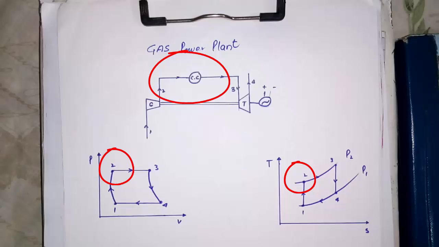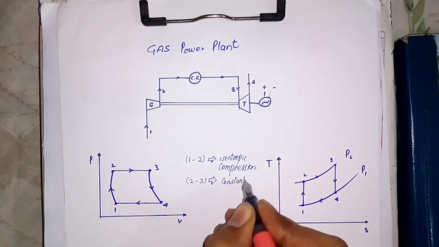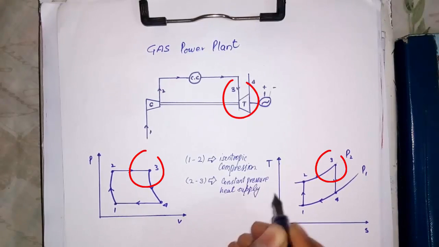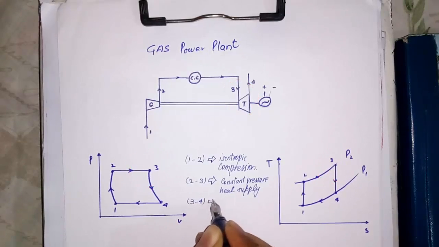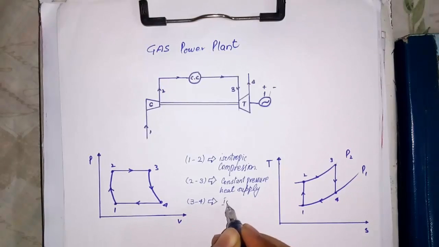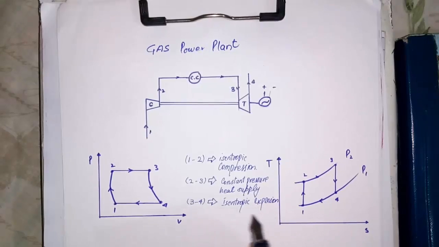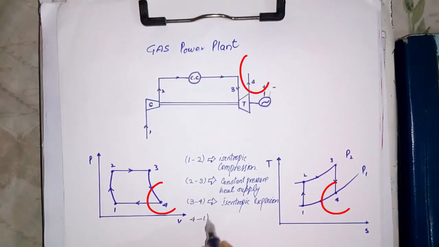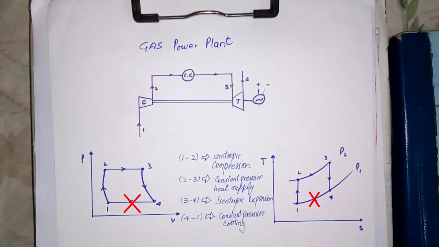At 2, the air enters the combustion chamber, where it is burnt with fuel and its temperature is raised. These high pressure and hot gases enter the turbine at point 3, where the energy of the hot and pressurized gas is used to rotate the turbine blades, which means now gaseous energy is converted into shaft power, and this power is used to produce electricity as the generator is connected to the gas turbine. So in the turbine, the gases are isentropically expanded. At point 4, these gases are released in the atmosphere. So this cycle is an open cycle.